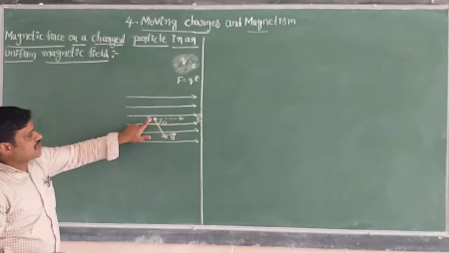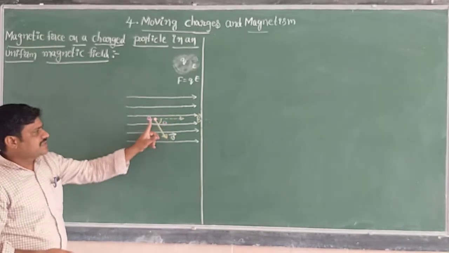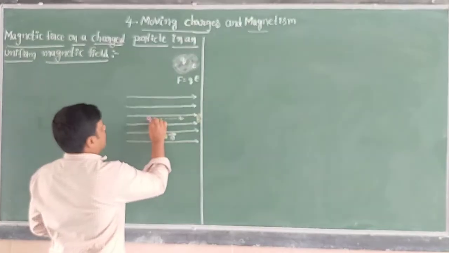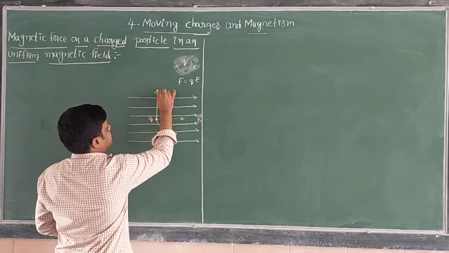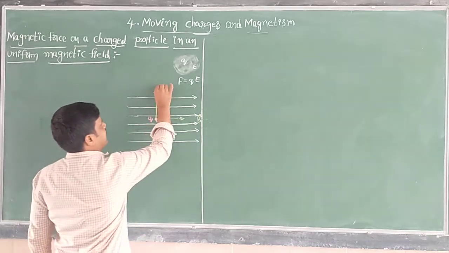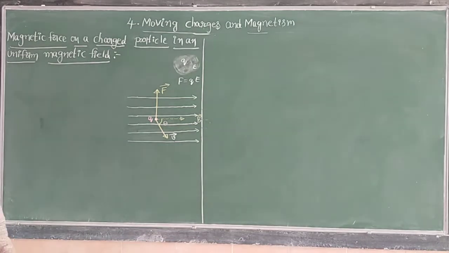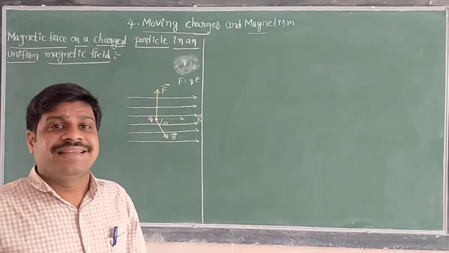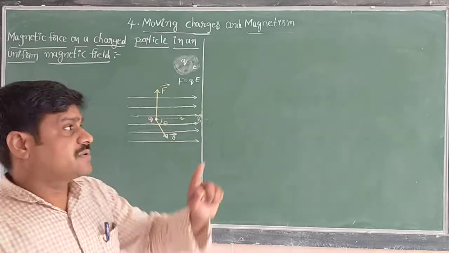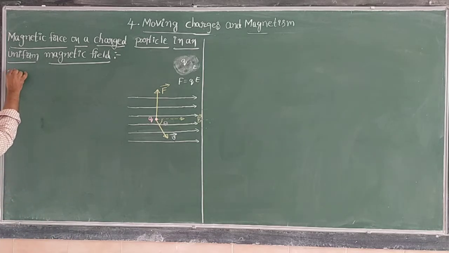Now whenever the charged particle is moving with a velocity V in the magnetic field B bar, in that case the charge experiences a force. That force, which I am going to draw, is the force experienced by the charged particle. What is the force? Magnetic force. That means any moving charged particle inside a magnetic field experiences a magnetic force. That magnetic force is nothing but F. Okay, now I am going to write here, the magnetic force.